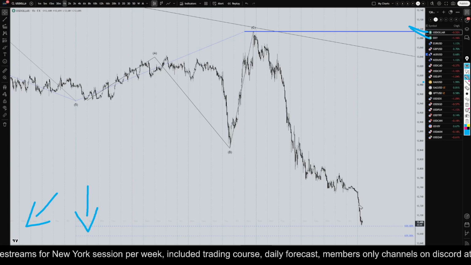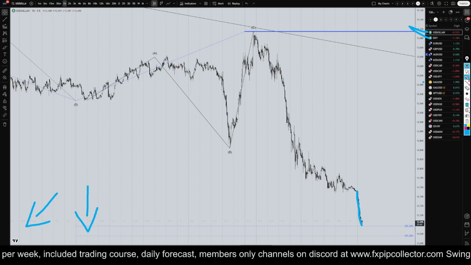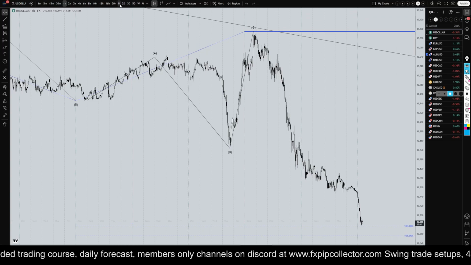So, anyways, last night in the Asian session, the U.S. dollar made another really strong push to the downside, which was another trade in the direction of the trend,